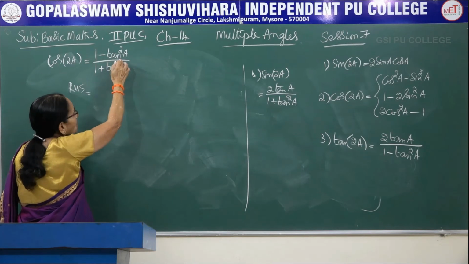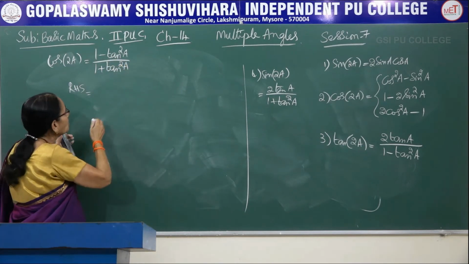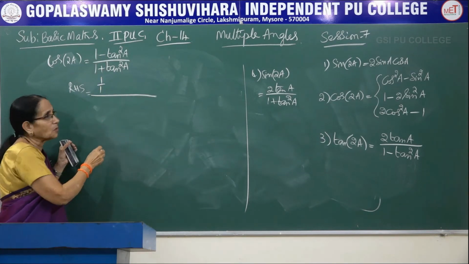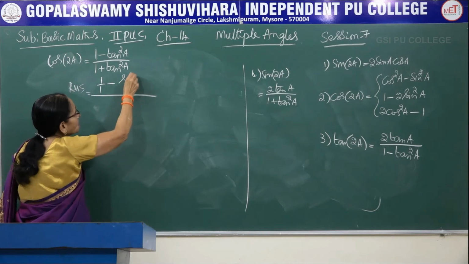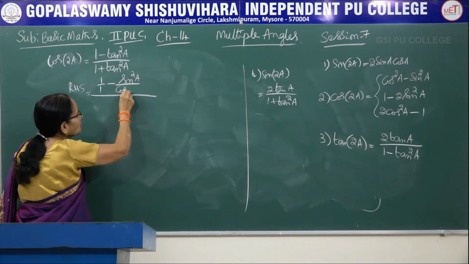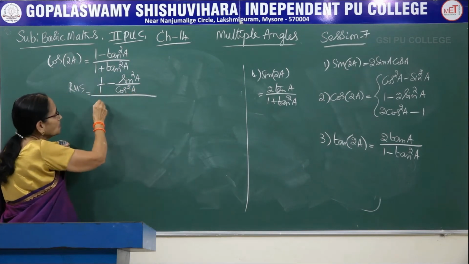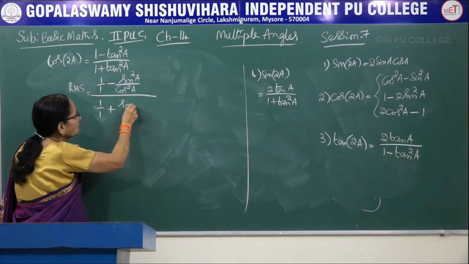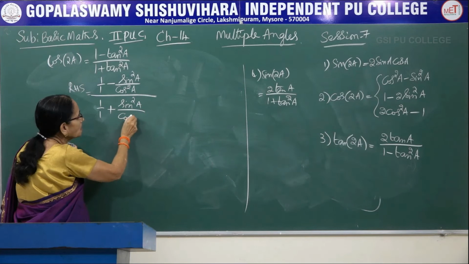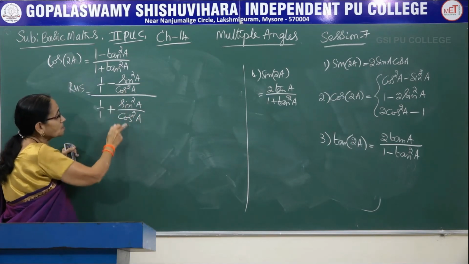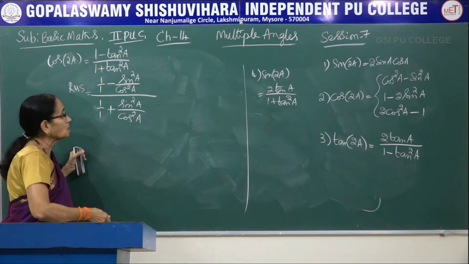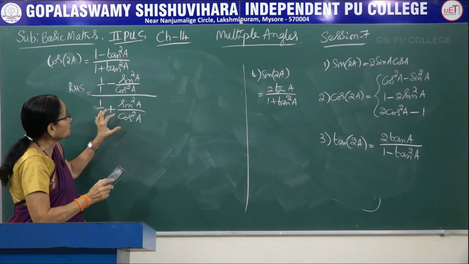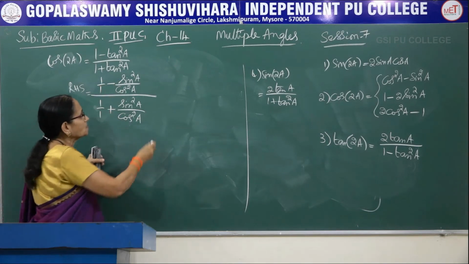Now replace tan by sin A by cos A both in the numerator as well as in the denominator. Write this one as 1 by 1. Now tan square A, write it as sin square A by cos square A. Denominator also, write it as 1 by 1. Same thing here also, write it as sin square A by cos square A. Now don't cancel this cos square A as it is. We cannot do that one because we are seeing the numerator denominator. Don't do the cancellation. It is an expression. After taking LCM, you can do the cancellation.